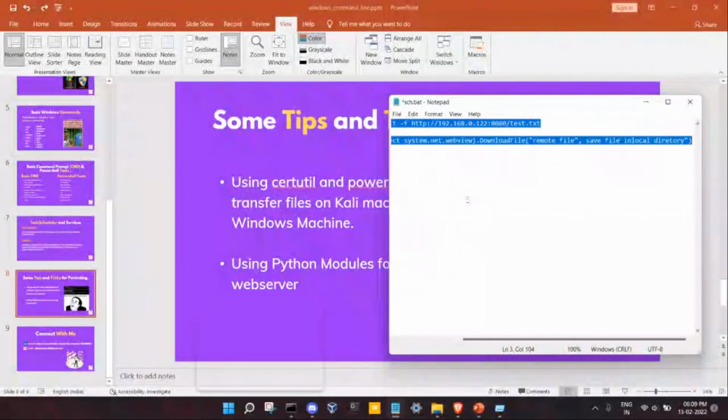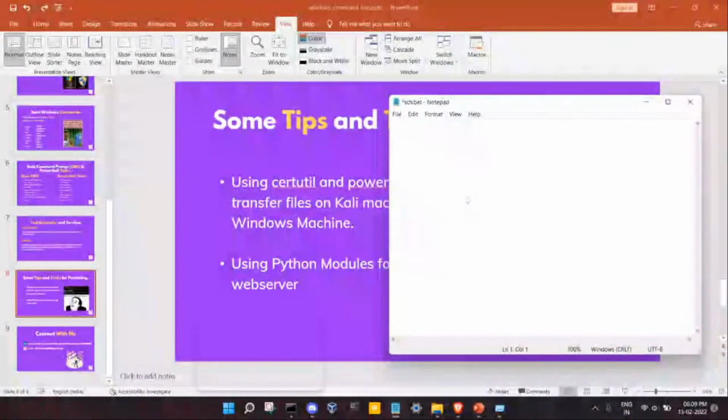Now, suppose you have to create an HTTP server that can be used for receiving files. You can use various programming tools like Python, PHP, Ruby. Currently we can use Python. For Python 2, we have a command like python -m SimpleHTTPServer,